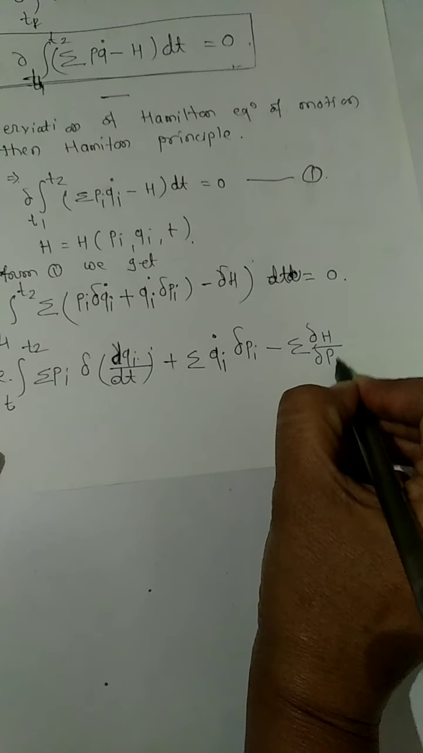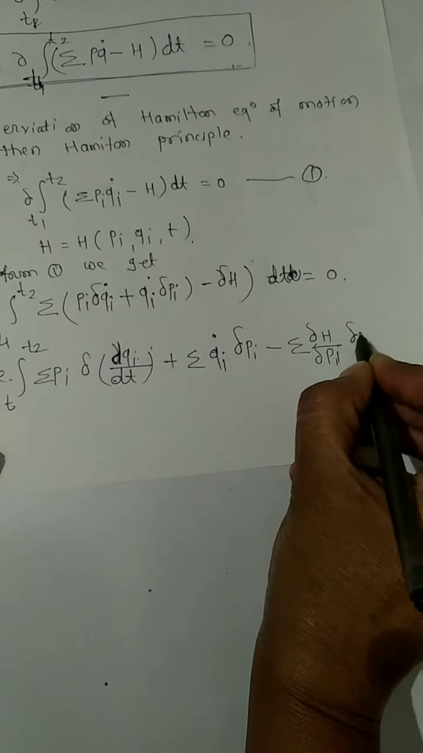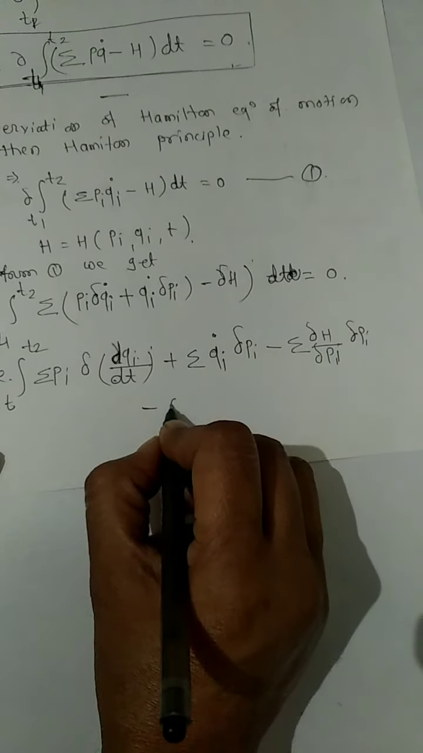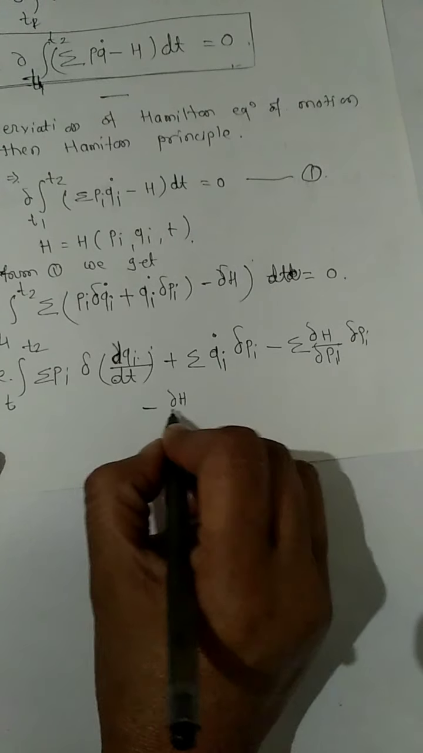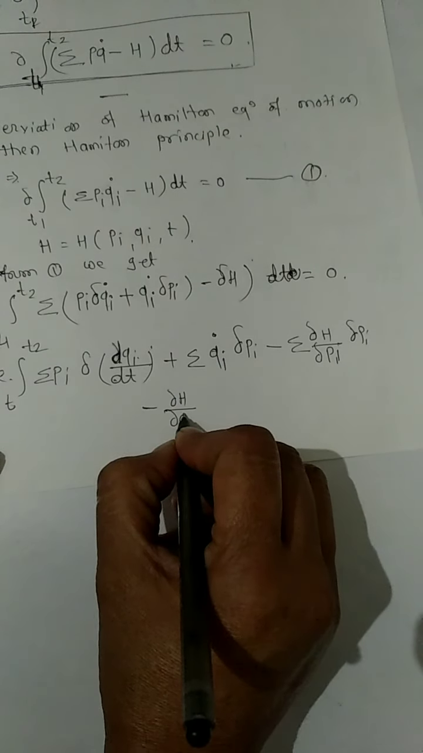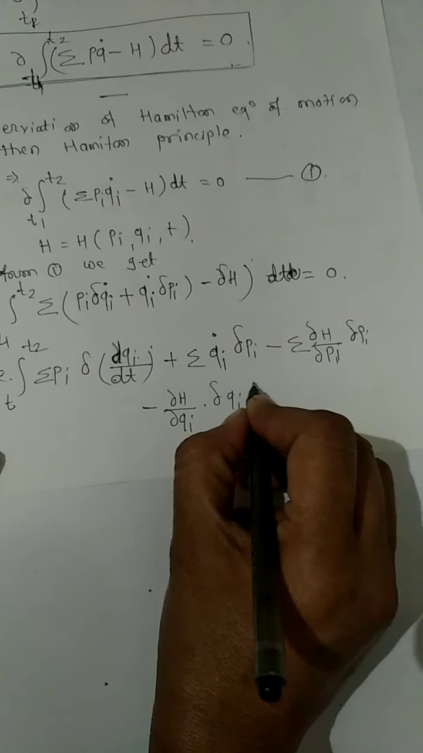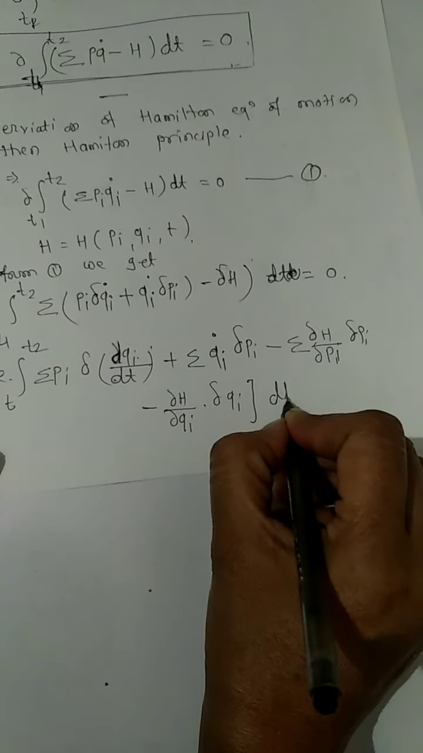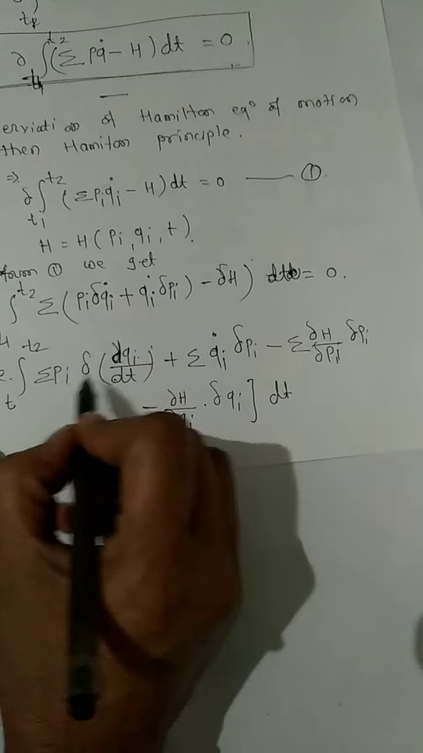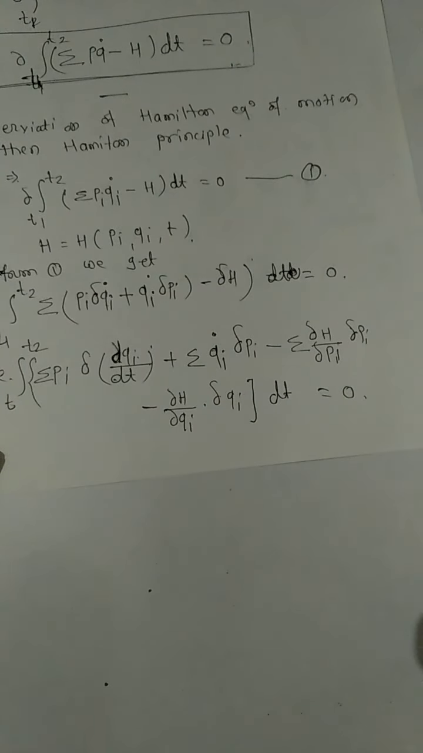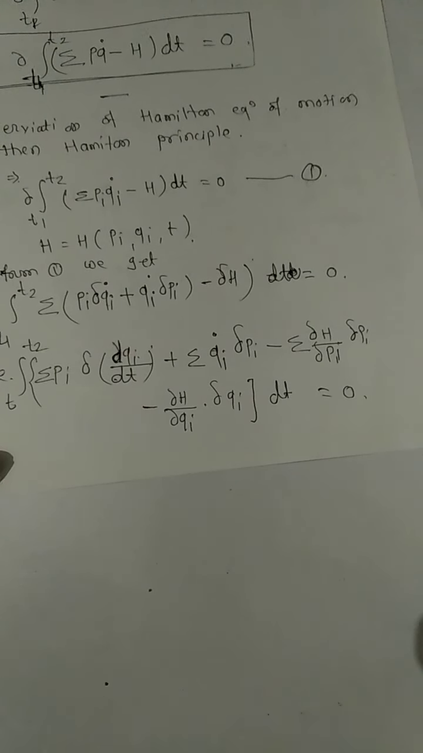upon del Pi minus del H upon del Qi into del Qi dt is equal to 0. And integrate the first term by parts,